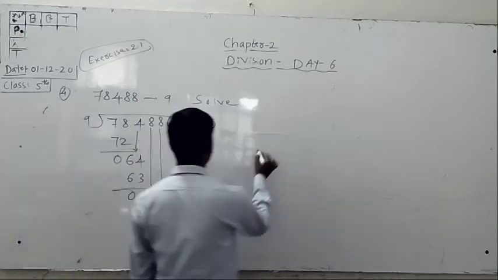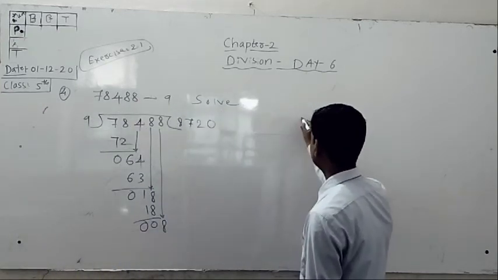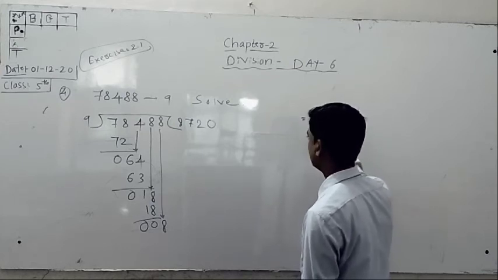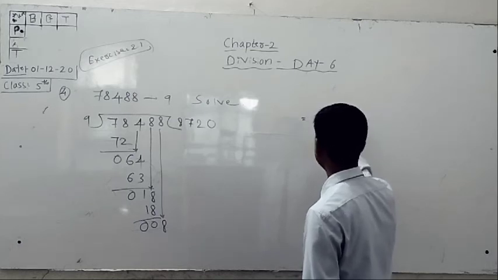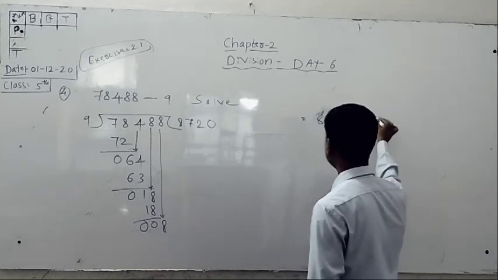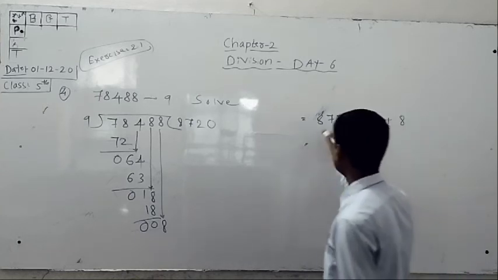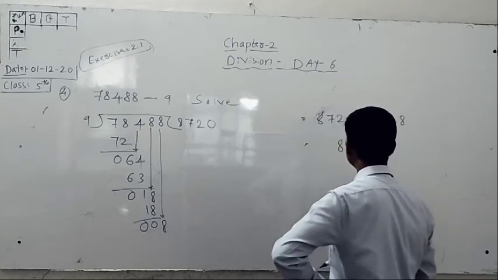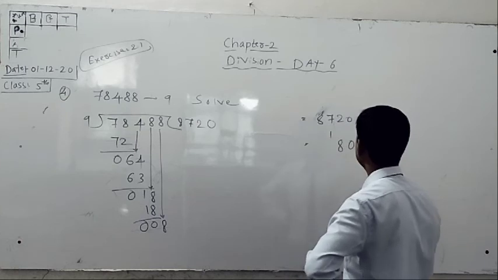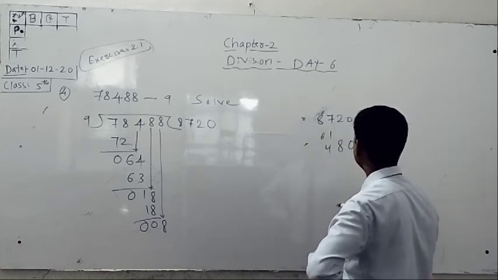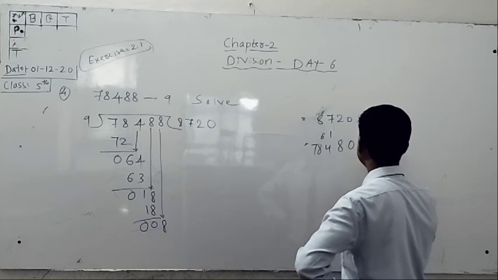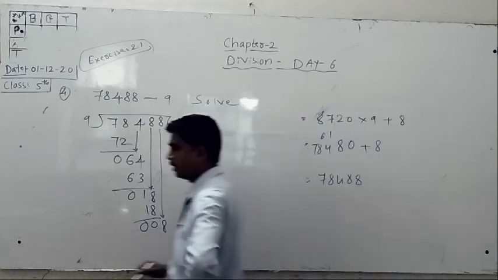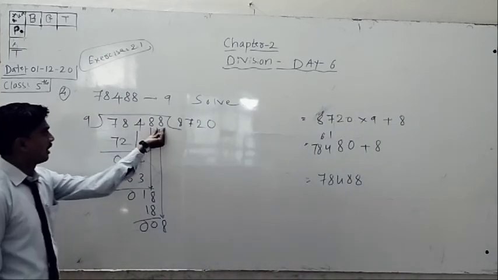Then it is completed. Then you have to check by multiplication: 8,720 times 9 plus 8. Our answer should be there. 9 zeros are 0, 9 twos are 18, 9 sevens are 63, 64, 78 plus 8, then 7, 8, 4, 8, 8. Because one thing to remember in your mind, last digit number